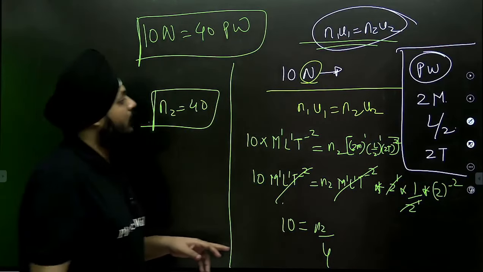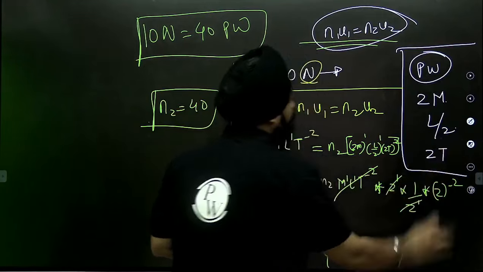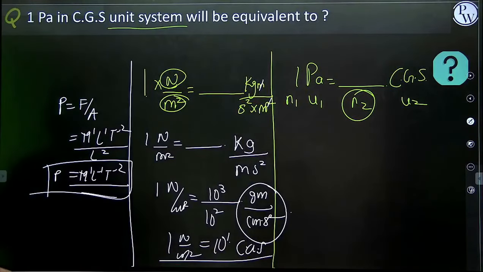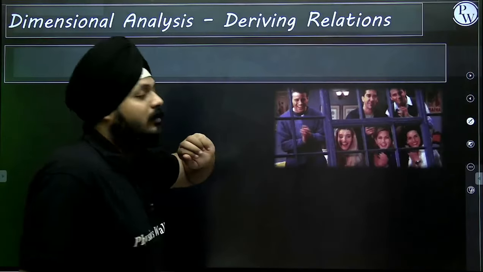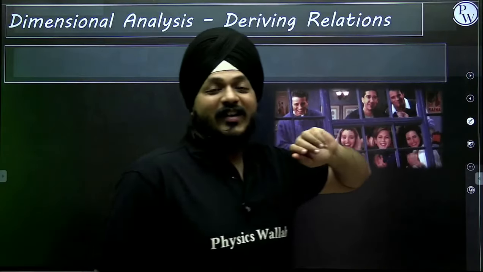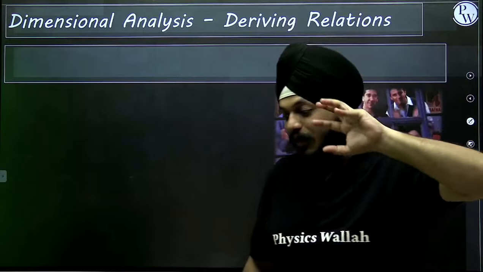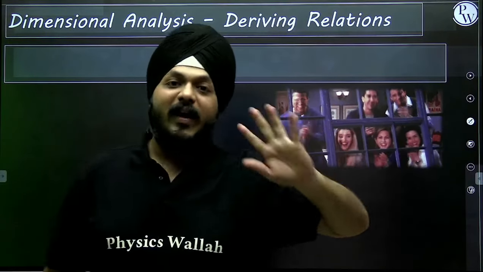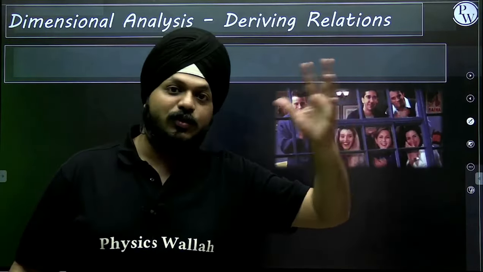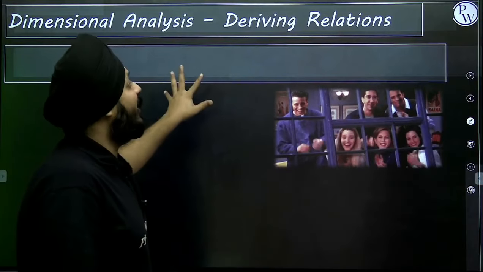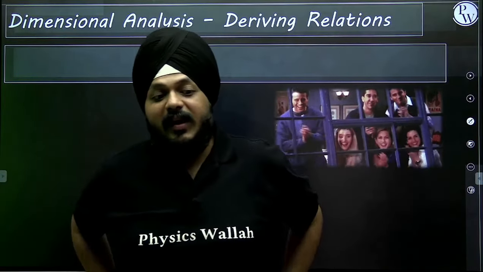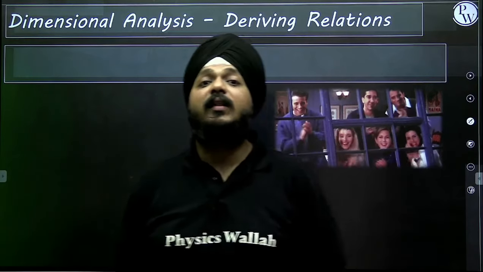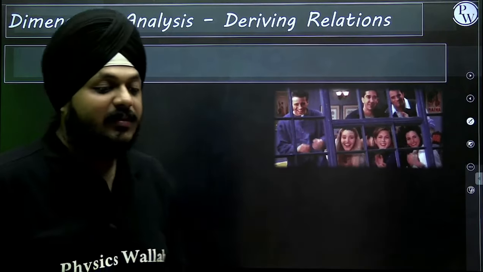Okay. Now, let's move on to the next part. So this was the second. Now, third, dimensional analysis: the three most noteworthy things in the dimension. One, the principle of homogeneity. Second, unit conversion. The third is deriving relations between the physical quantities, right? Deriving relations between the physical quantities.